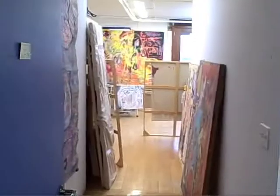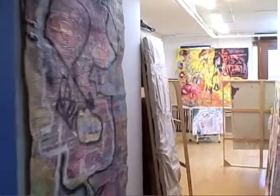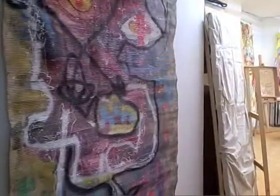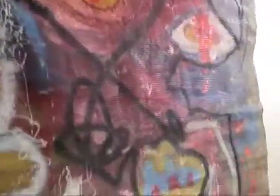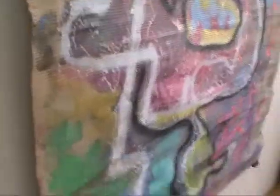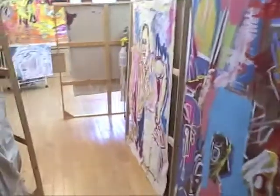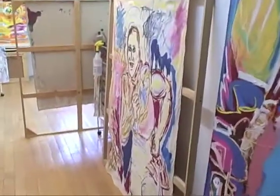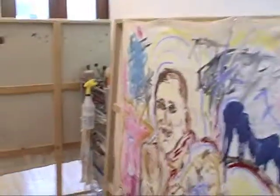That is Pablo, or half of him unrolled. And this is looking in the main hallway of the studio. I actually forgot to turn the light on in this part of the hallway, so things look a little dark here. It's a painting I did in Bushwick on corrugated cardboard. You may remember that one. I think I have a picture up online, but this is another one done on a found canvas that I painted over, and we're coming up on Jack Johnson, or my own interpretation of Jack Johnson,